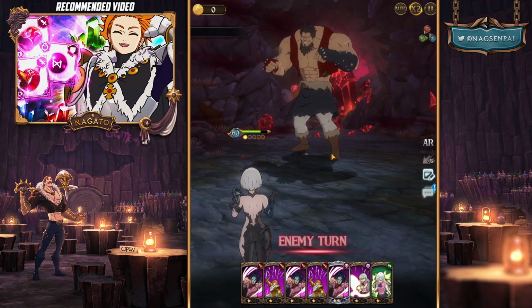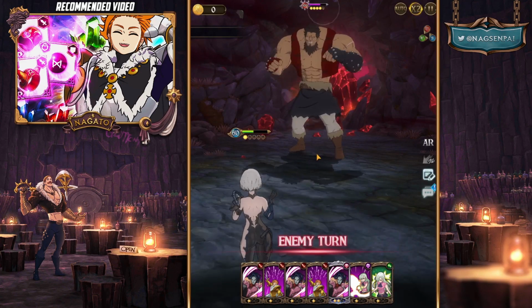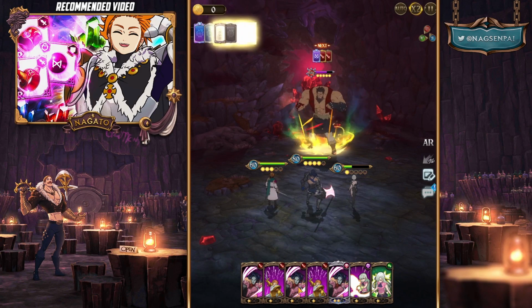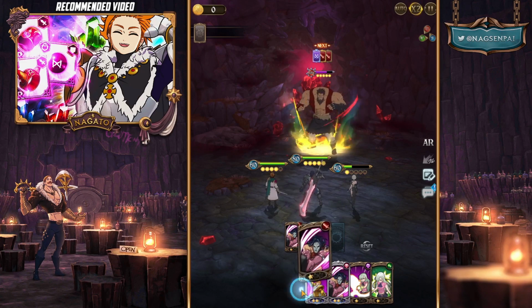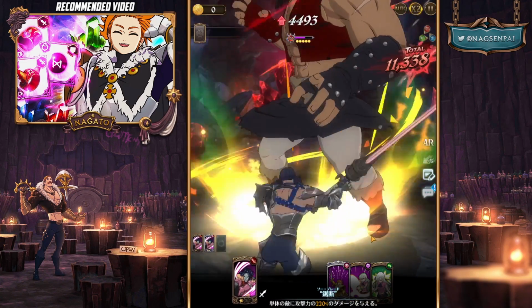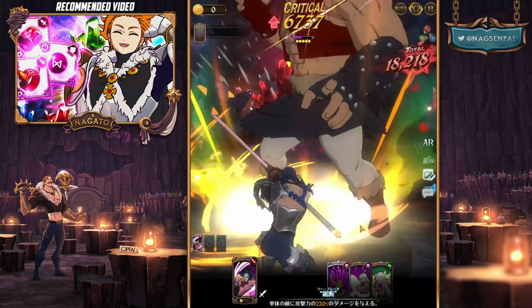Yeah, and your Elizabeth, you should not have her 6-star. I have her 6-star just because I have every unit in the game 6-star. She should die easier than mine. But because I have every unit in the game 6-star, I ended up 6-starring her as well. That's why she tanks so well, and that's why I'm almost killing him already with my Slater, but